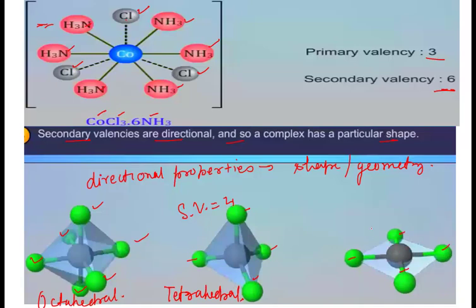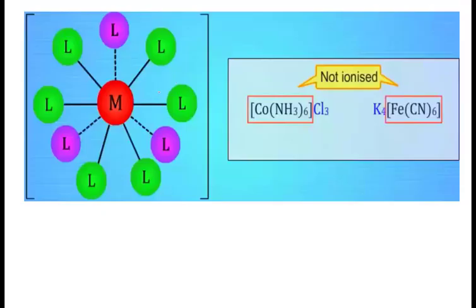If there are 4 secondary valencies, that will depend on the hybridization state. So it will be square planar, right. So these 3 types of geometries are possible: 2 for 4 coordination number or 4 secondary valencies, and 1 for 6. Okay. Now again the same thing, showing this complex, again metal attached with the various primary as well as